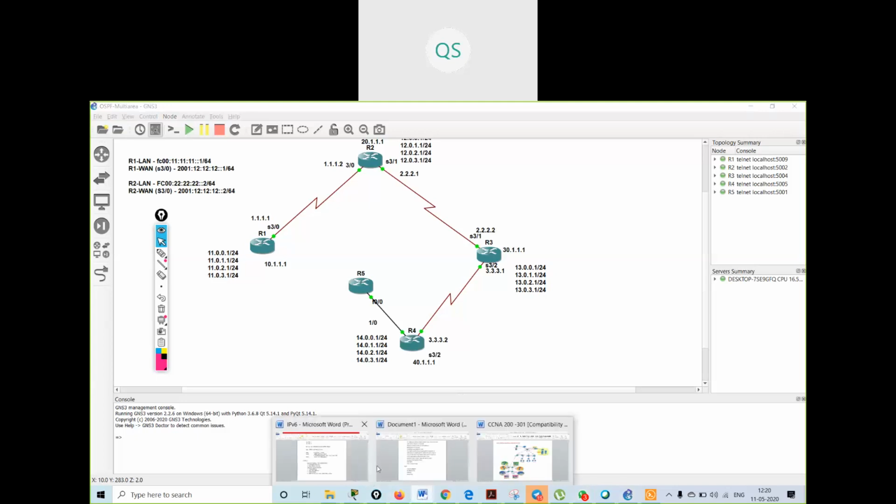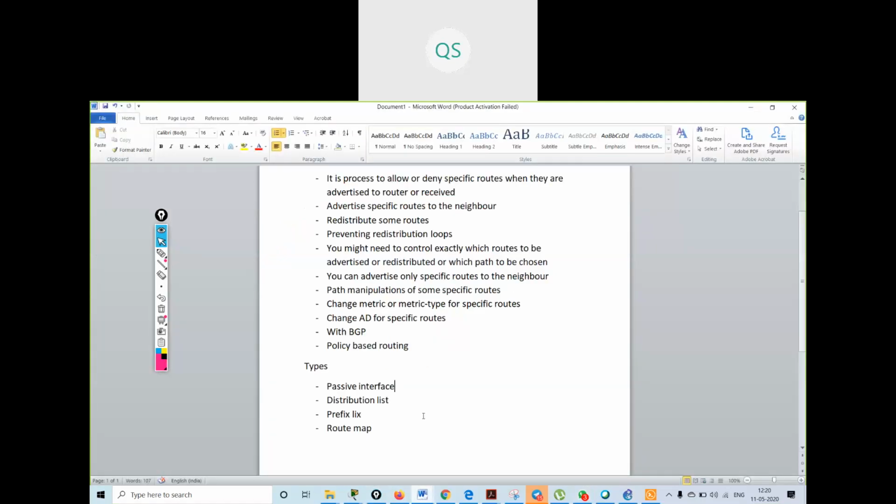Now the next thing is prefix list. What is prefix list? What do you mean by prefix list?